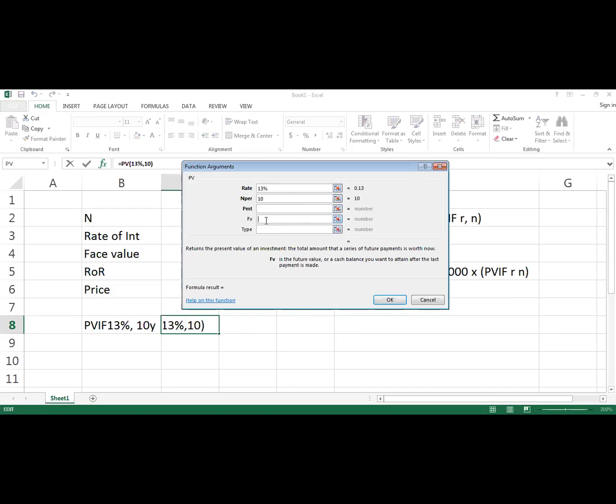After 10 years, Rashmi, how much money are you going to get? What is the maturity value that you are going to get? 1000, sir. 1000 is what you are going to get after 10 years. What is its value today? It's the same, sir. 1000. No, how can you say that? If you are going to receive 1000 rupees 10 years down the line, what would be its value today? But the face value